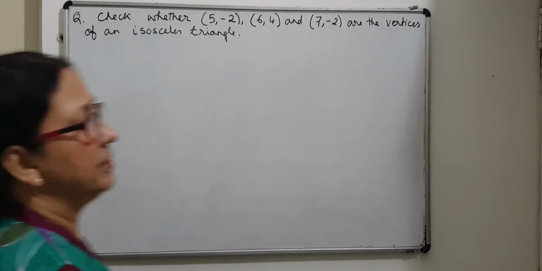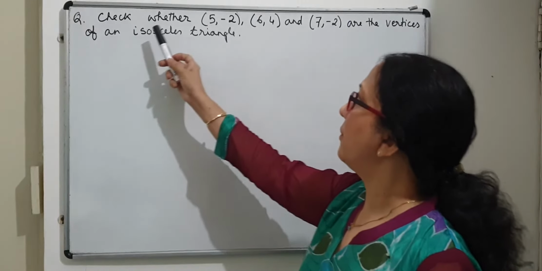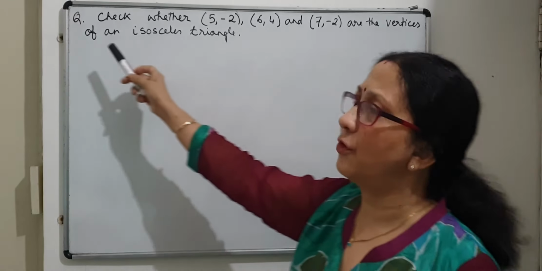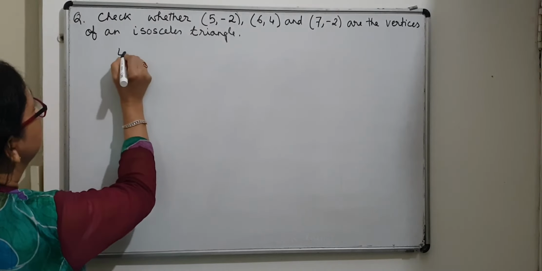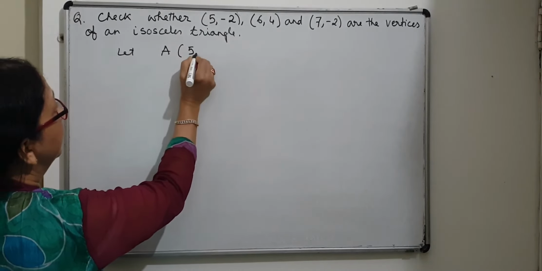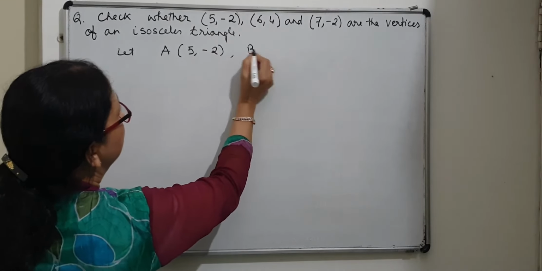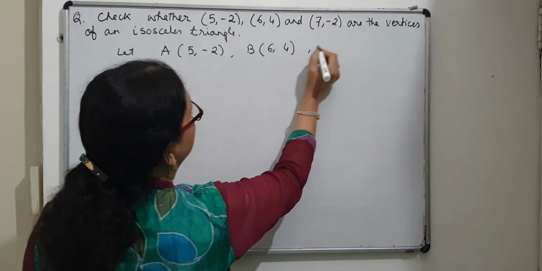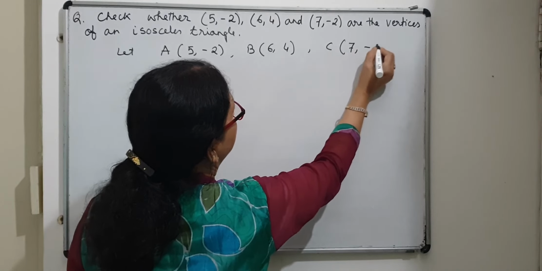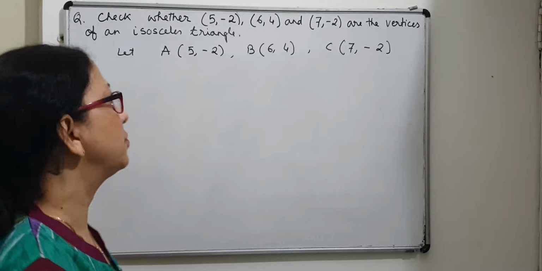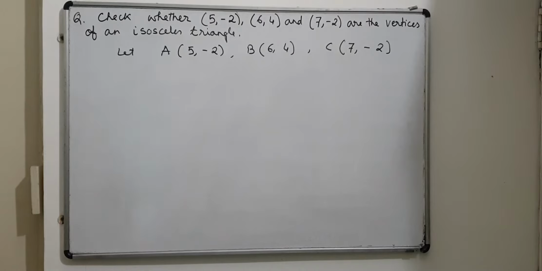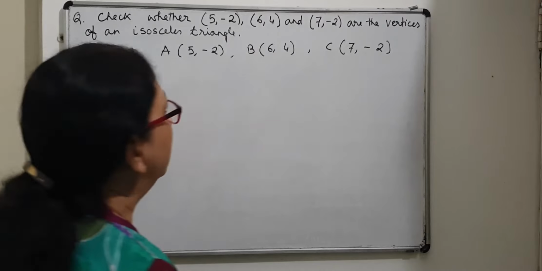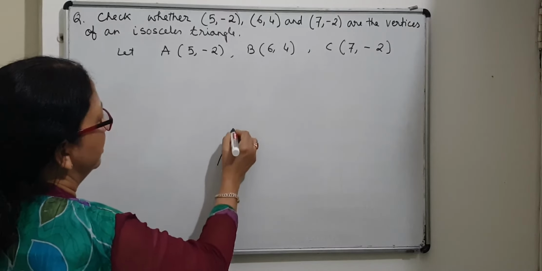Next question that I have taken, another application of distance formula. Check whether these 3 points are the vertices of an isosceles triangle. So again, let me give names to the points. Let A be 5, minus 2, then B is 6, 4, and lastly take the third point to be C. Okay, this is the first thing we do. We have to give some names to the points. Now, first of all, we have to check whether they are the vertices of an isosceles triangle. So we have to know the property. So in an isosceles triangle, you know,